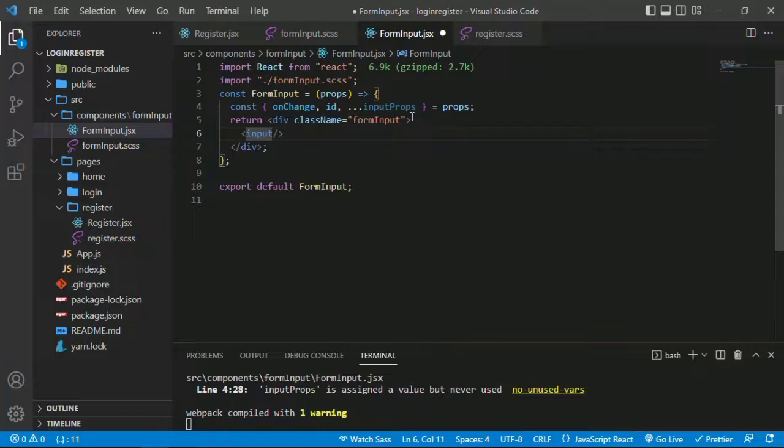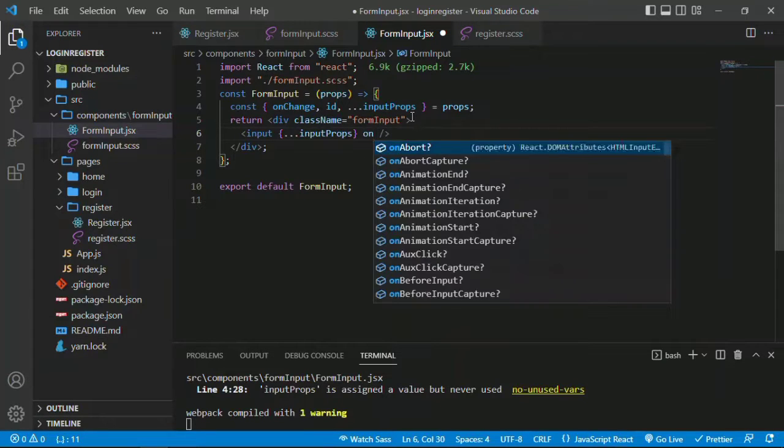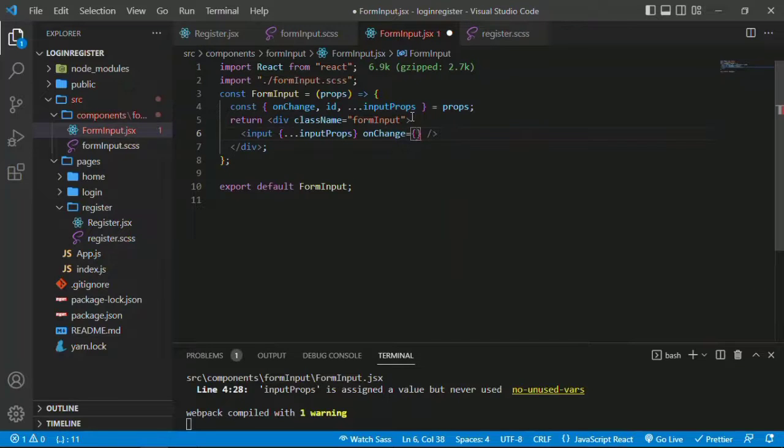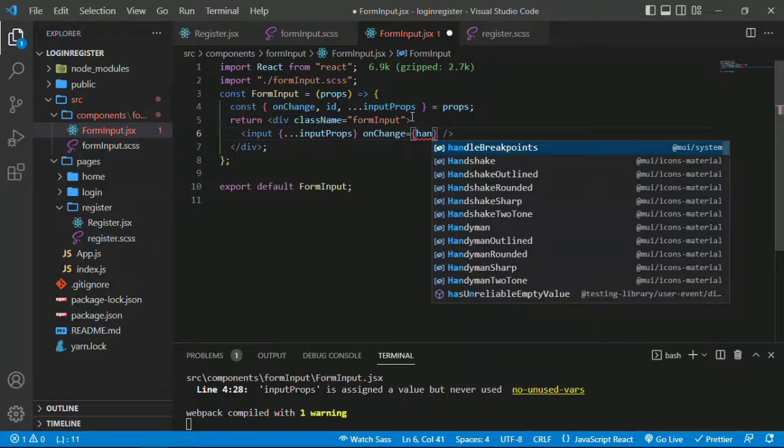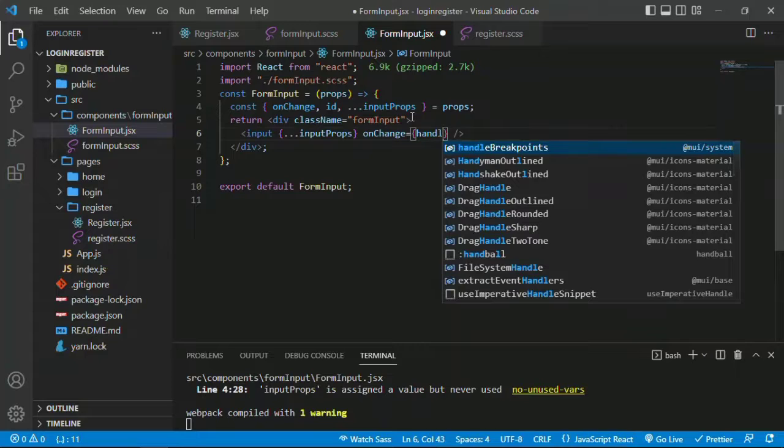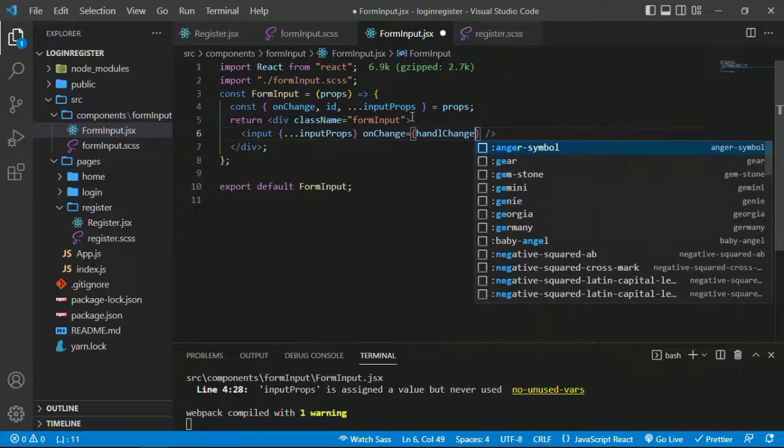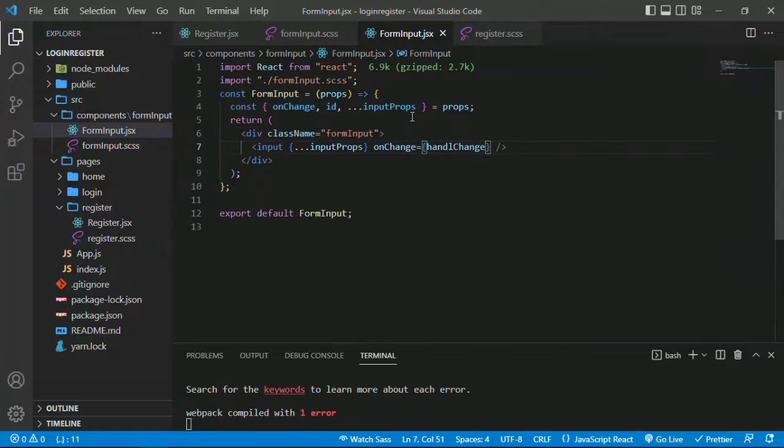And then in our input tag, here we are going to pass in everything that we need, which is going to be our text. We're using the spread operator for that. So this is going to be input props, our text, our placeholder, our name, and then we're going to have our onChange function. And then this is going to be onChange. No, not handle change. Not handle change. This is going to be onChange. All right, so